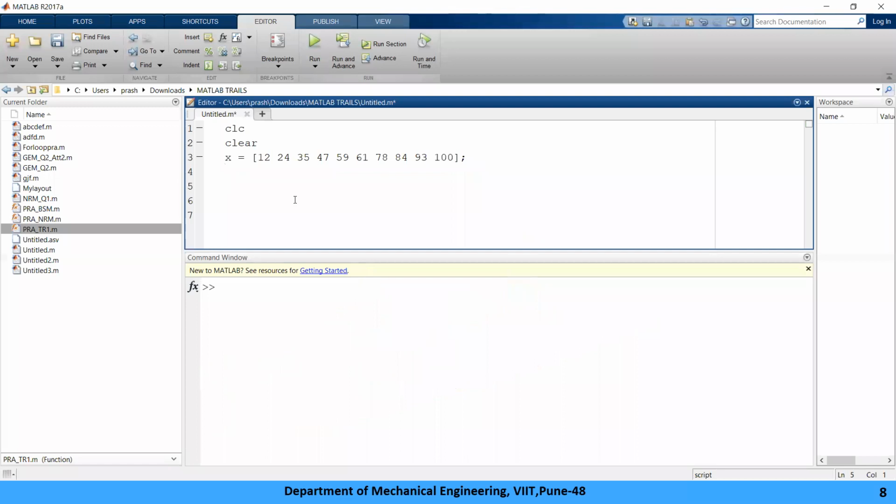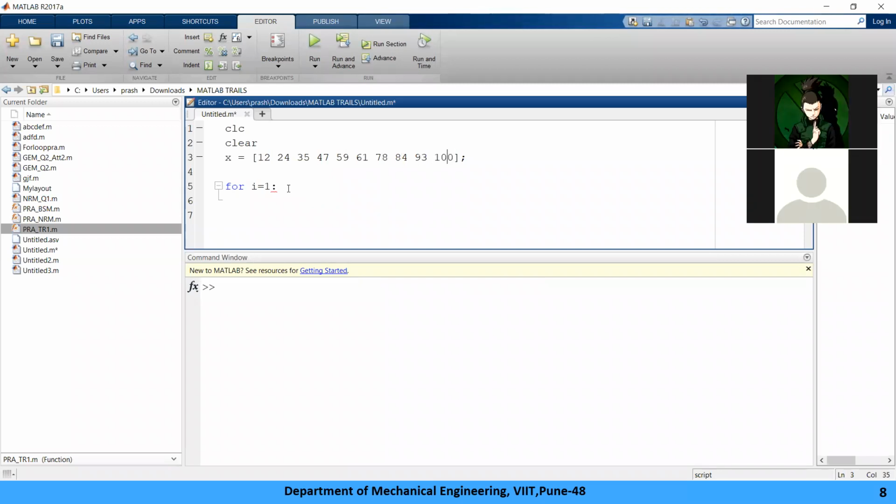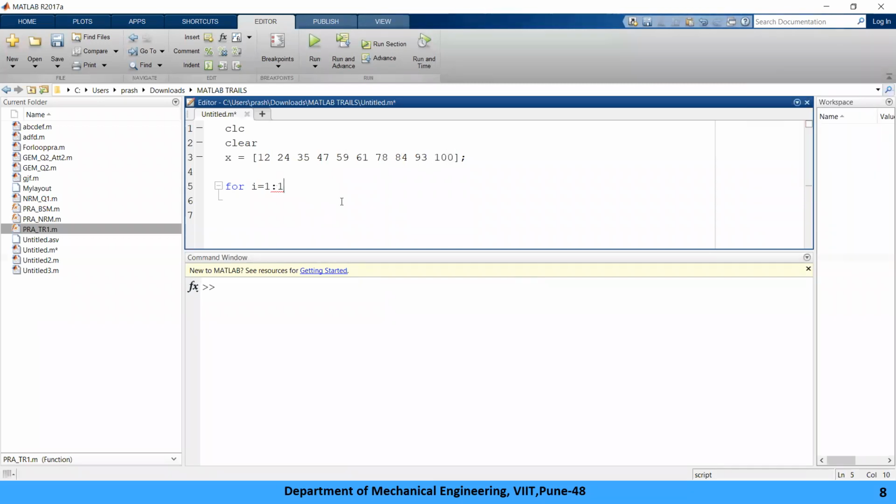So here I'll say a for command because I know how many iterations I need to do. For I equal to 1 2, कितने x values है, I'll count 1 2 3 4 5 6 7 8 9 and 10. So there are 10 x values. So my loop is going to start with 1, it will go up to 10.